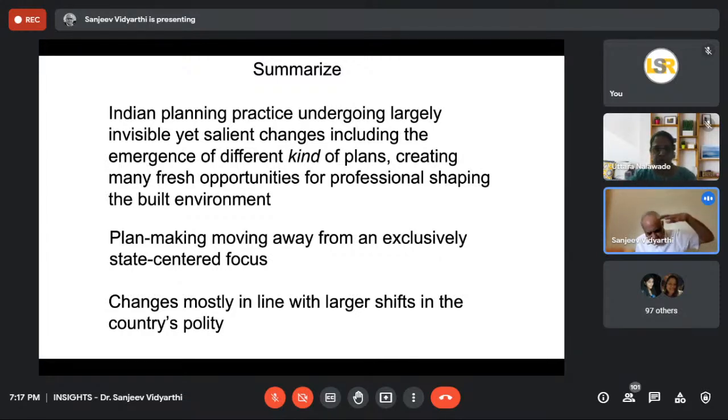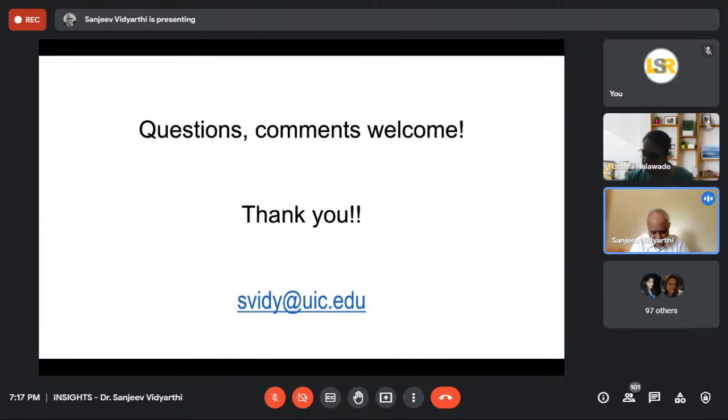जैसे एक देश की, you know, there is now enough empirical evidence in favor of the argument कि जैसे जैसे एक देश की नेशनल थिंकिंग बदलती है, वैसे वैसे प्लानिंग का अप्रोच टू प्लानिंग बदल जाता है. You know, so India में larger जो changes हो रहे हैं वो show up at this planning level. So that's the summary, and I want to open it for discussion and questions and answers at this stage.